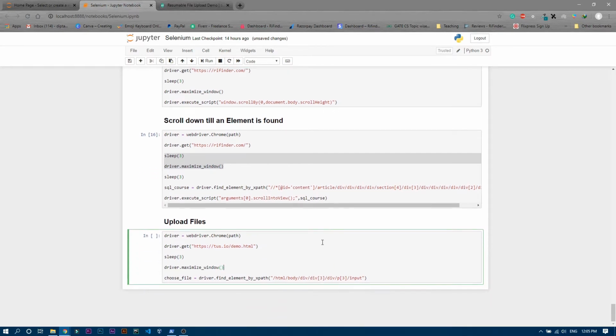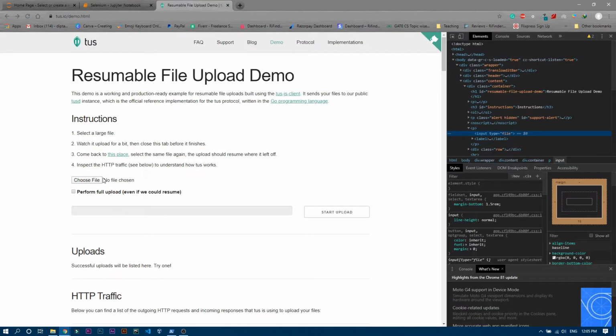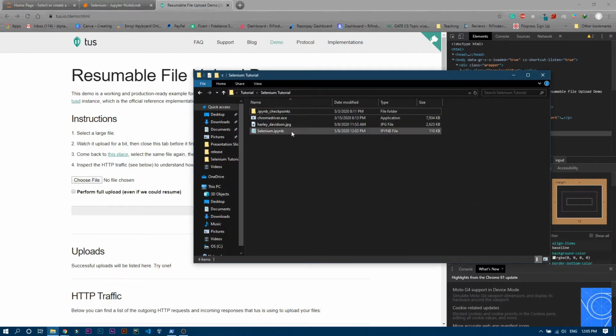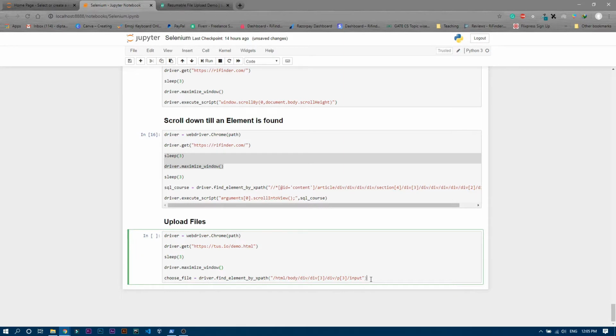So after finding that particular element, that means this button, we are going to send the path of that particular image which we are going to upload, right? So I'll just copy the path of it. This is the path. Copy the path, and over here I'm going to write choose file dot send underscore keys, and here I'm going to paste that particular path.